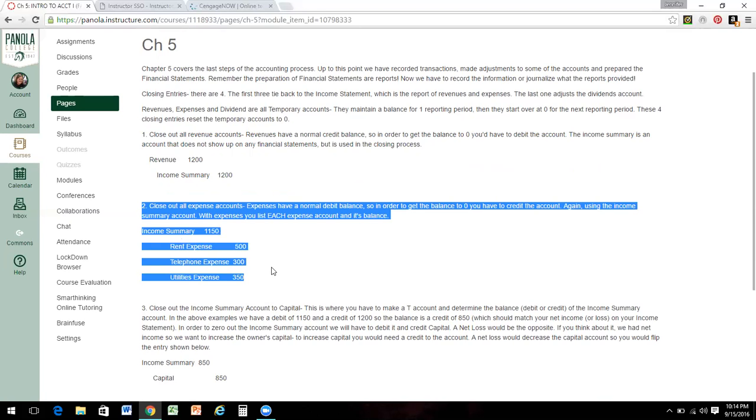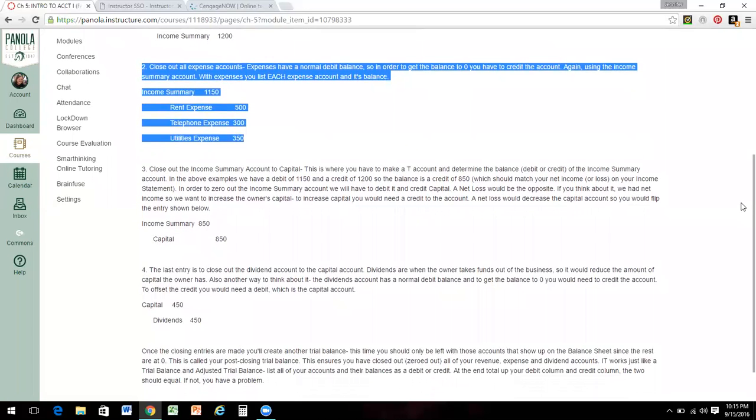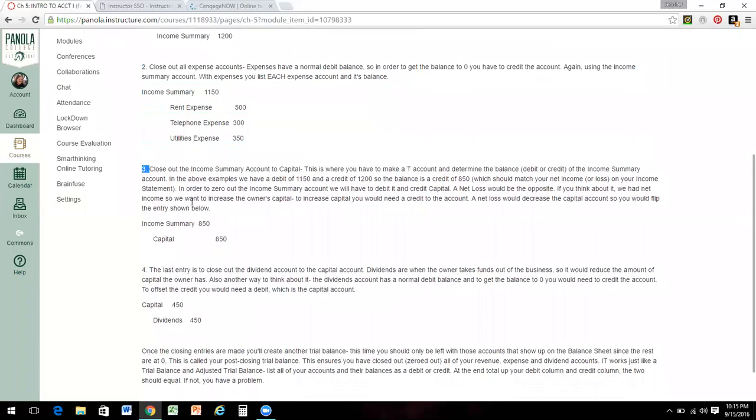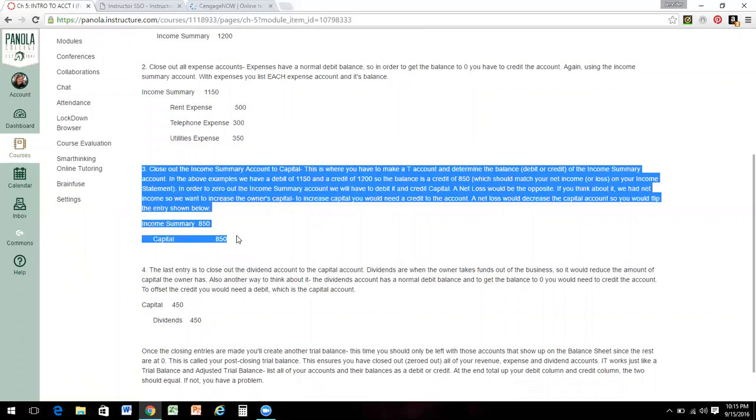Revenues minus expenses leave you net income, hopefully, unless you have a net loss. So the balance in your income summary account should match your income statement. So our third step, sometimes I throw in this extra. This is why I say it's 5 for the principals class, because I make them draw a T account for